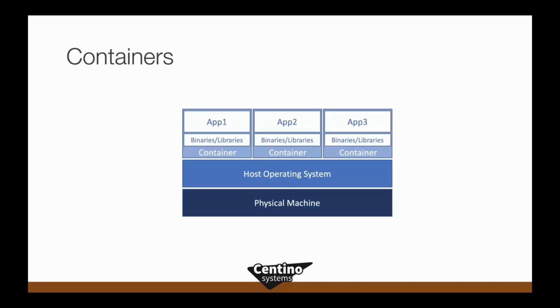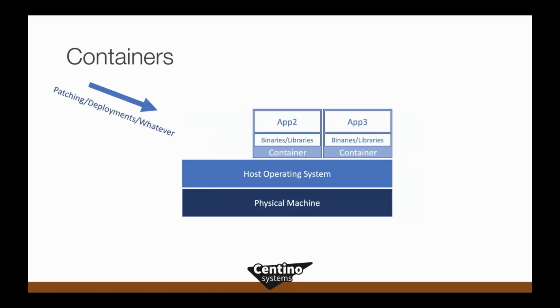And so, back to containers again. We saw this picture just a second ago, and just to nail home the concept, if I need to patch or roll out a new version, whatever it is, to app 1 right there, all I'm going to do is kill that container, download a new version of my application or the container image, and redeploy it. If the underlying host operating system respects all of the things that the new version needs, it will just work, and I've rolled out a new version of my application.